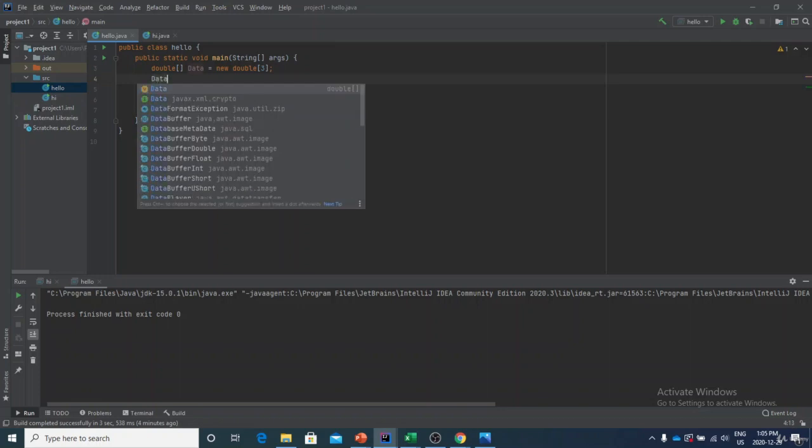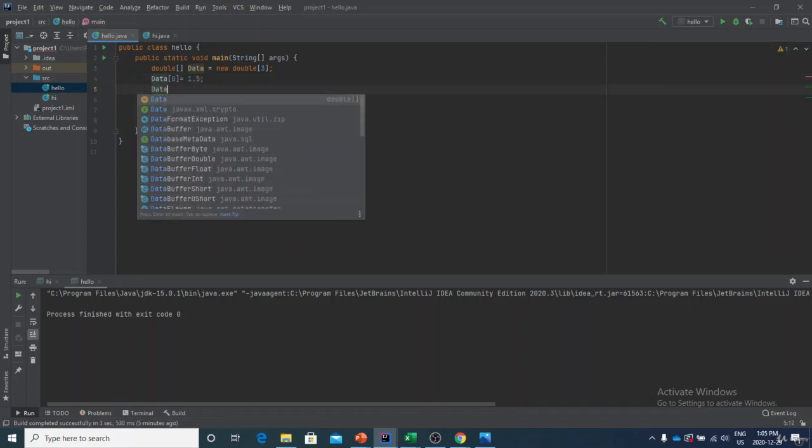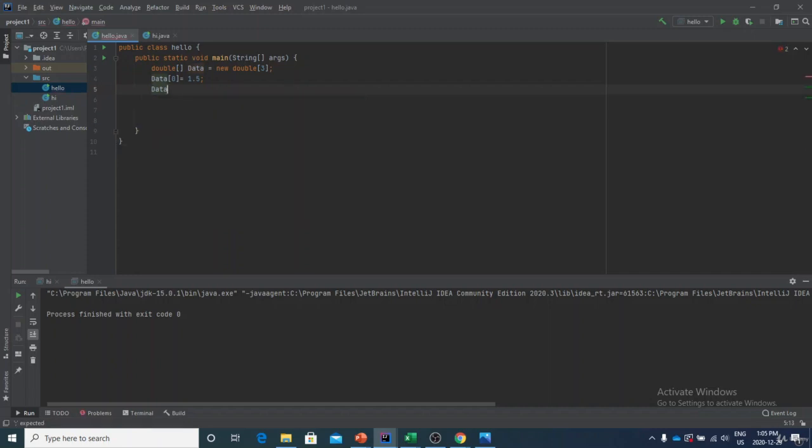So the name of my array, then write down the position of the number that I'm going to write. So basically the position is 0, which would be our first number. And then give to this position a value. So let's say the value will be 1.5. Then for position number 1, let's say it's going to be position 1,